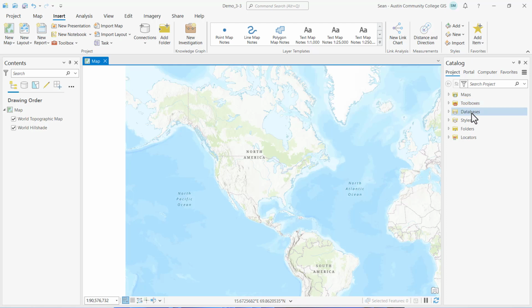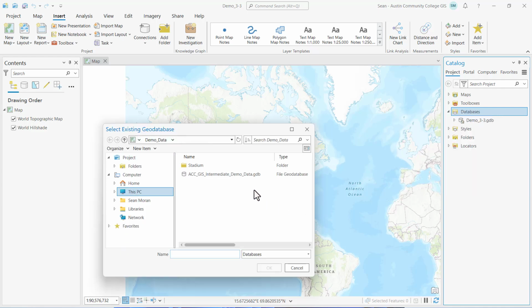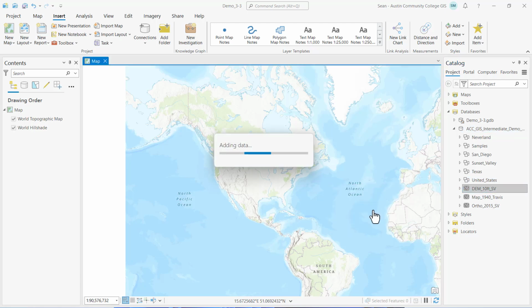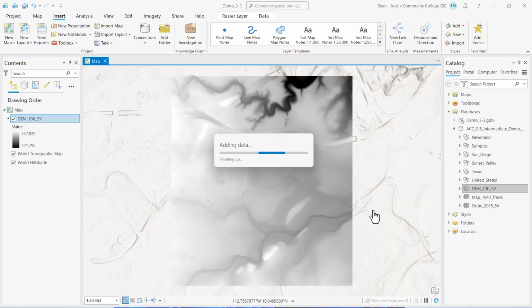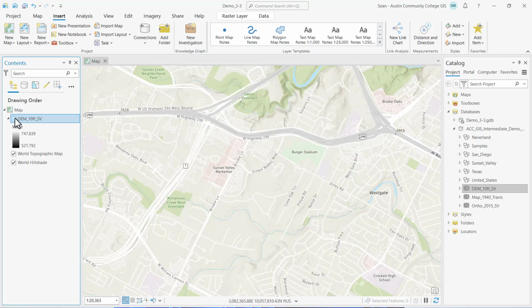I need to add some data. So in the databases section in the catalog window, I'm going to right click on databases and select add database. And then I'll add our intermediate demo data geodatabase, expand that, and I'm going to use the DEM raster data set. So I'll add that to my map view. All right, there you can see the DEM,